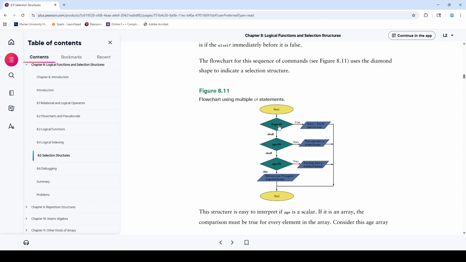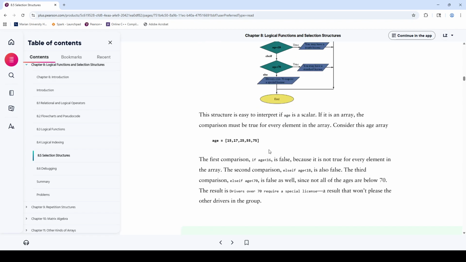If age is less than 16, display this and jump to the end. If this is false, else if, check this. Is age less than 18? Yes, jump to the end. Else if, is it less than 70? Display this, jump to the end, final else. Notice that if, in this case, if I put in age of 17, or say 14, 14 is both less than 16 and less than 18, but if it succeeds the first one, it doesn't check the second one. So this is useful for a tiering structure